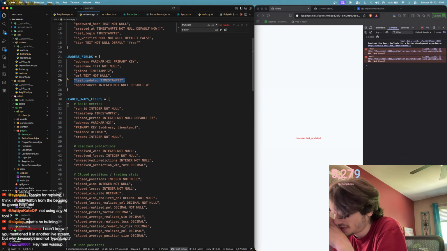It's trying to run those at the same time. It's trying to get the last updated while also getting the user. And if it hasn't been in there before, then it's not gonna turn out okay. So